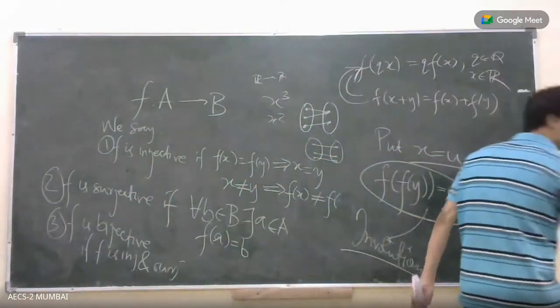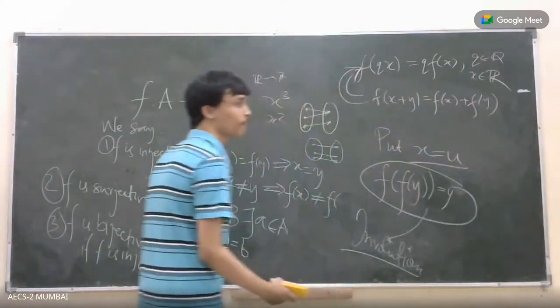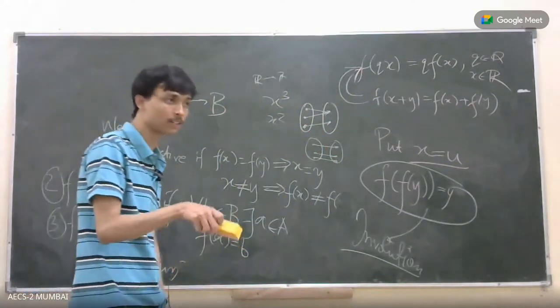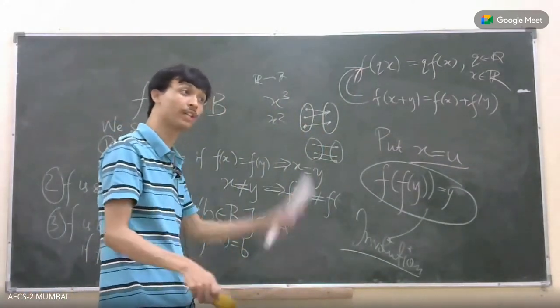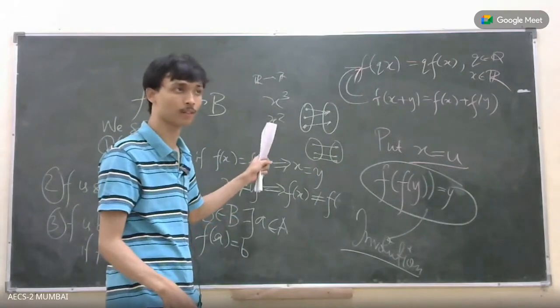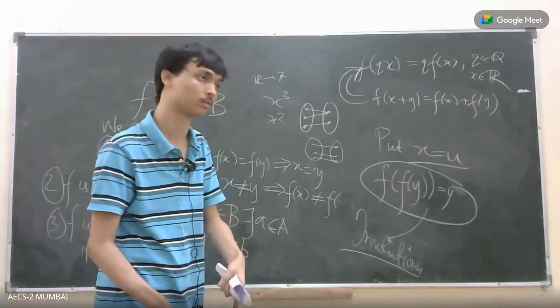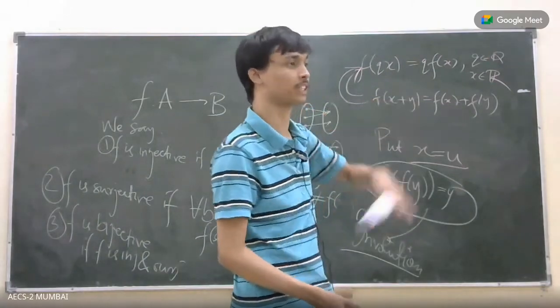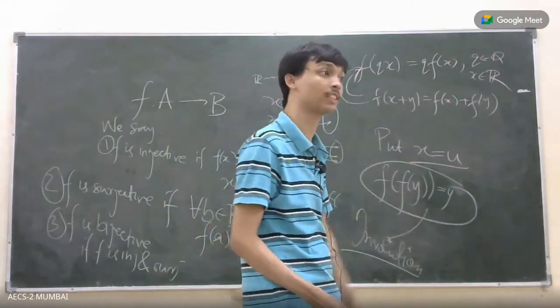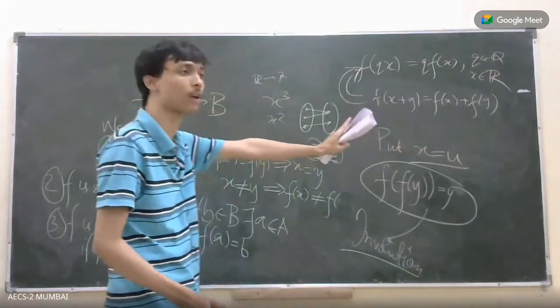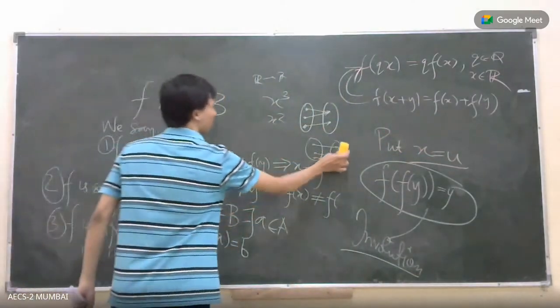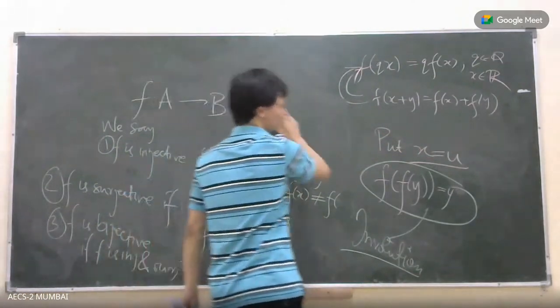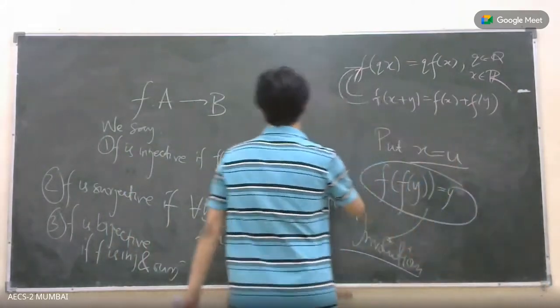So basically, what does bijective mean? That for every element in the codomain, there is a unique element in the domain which gets mapped to it. Surjective merely says that there should be something in the domain which gets mapped. Bijective says there should be exactly one element which gets mapped. So for example,